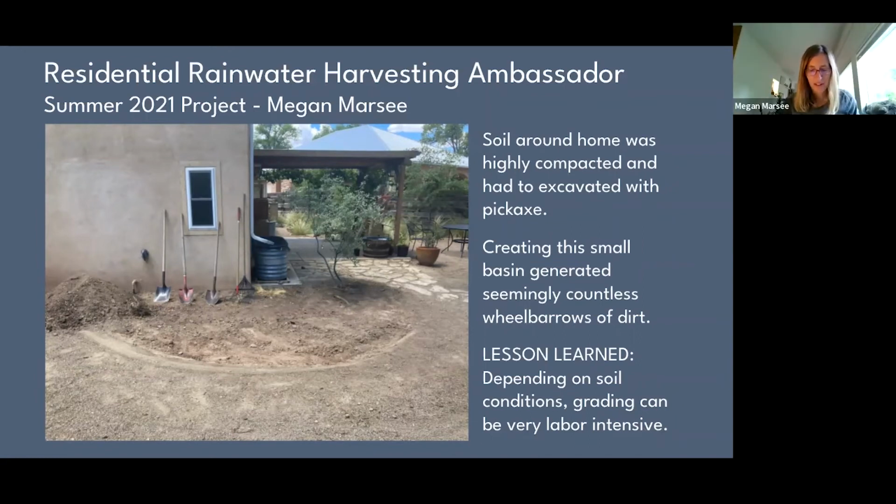Thank you, Erin. I'm definitely feeling conscious of going after Tess, Judith, Hunter, and Jim. So yes, as Erin stated, I did sign up to be a residential rainwater harvesting ambassador after the training videos were produced last summer, which meant that I committed to installing a rainwater harvesting basin in our backyard. And I wanted to share this small project with you. As Jim was saying, all of this stuff is scalable. So this is a smaller version of rainwater harvesting in a residential context. And I just have 4 slides here. The first one that I wanted to show you